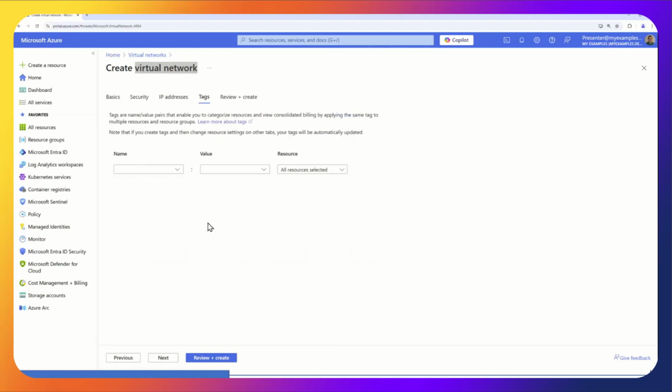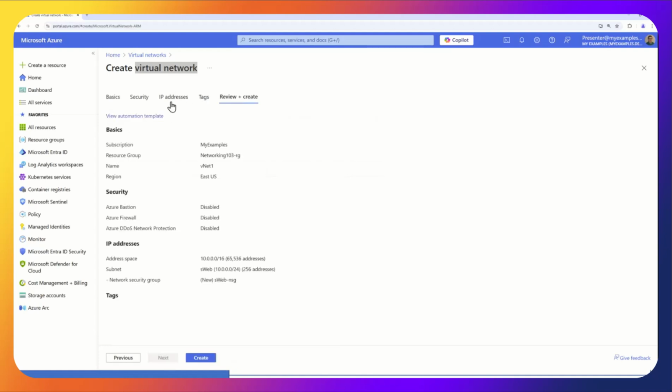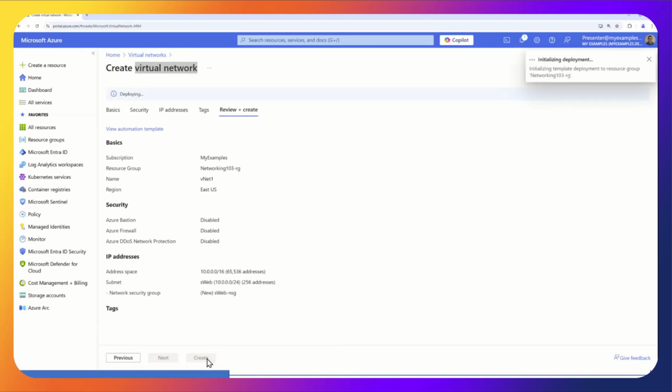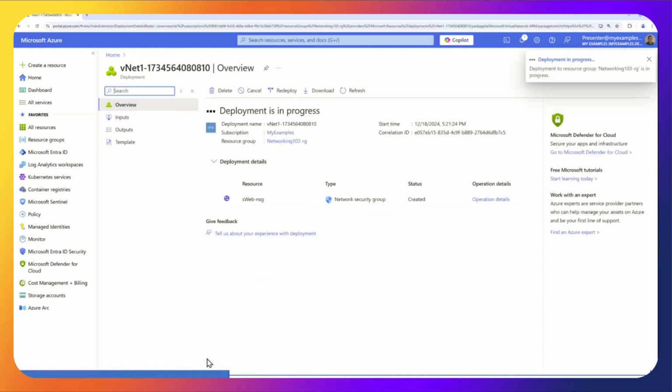And I'm just going to hit next. Next. It's going to validate and make sure, hey, does everything seem correct? Or I have to go back to the wizard and change a few things. I'm going to hit create. Now, setting up a virtual network, we're setting up a resource group, a virtual network, a subnet, and a network security group. Now, the subnet won't be listed as a separate artifact in the resource group. It has to belong to a virtual network.